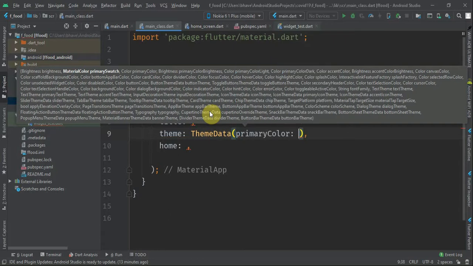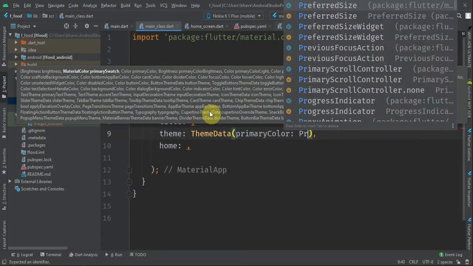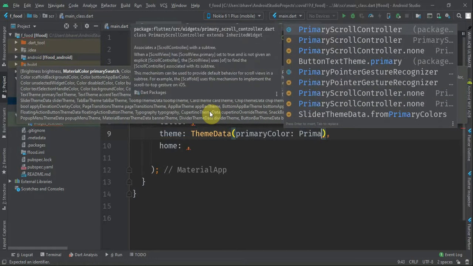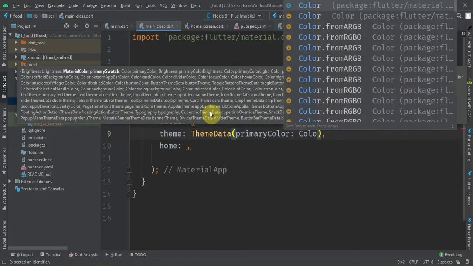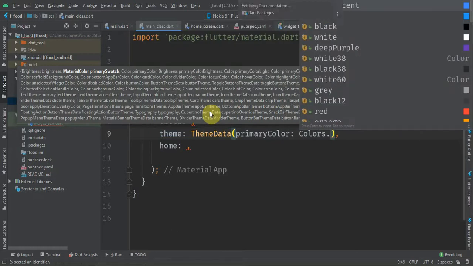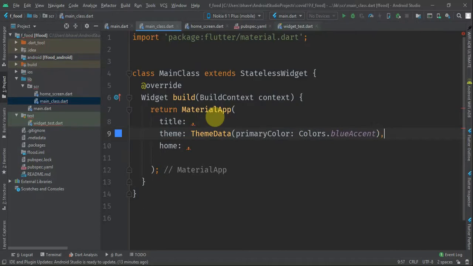I will just take primaryColor, and for now Colors.blueAccent, right? And home is nothing but I have to pass a screen in this home.